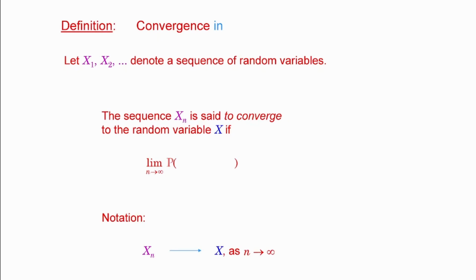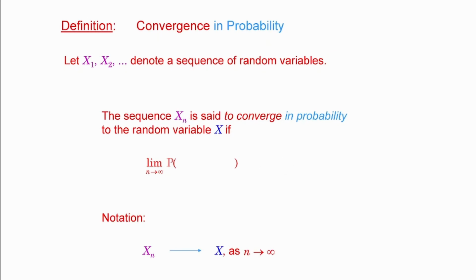The second type, if you want to take notes, is convergence in probability. Convergence in probability is said to be the case, and this is important, if a sequence of random variables is said to converge in probability to another, let's say, limiting random variable, if the probability that this does not happen is converging to 0. So the probability that the sequence does not converge to X is going to be 0. And when does it happen?